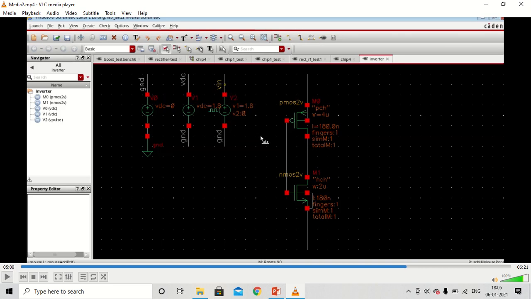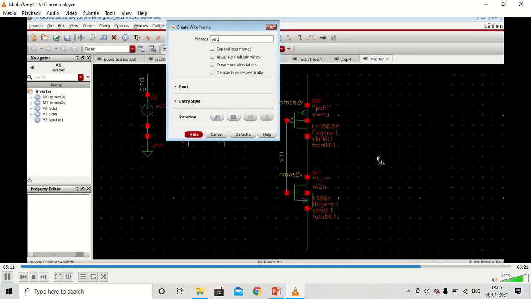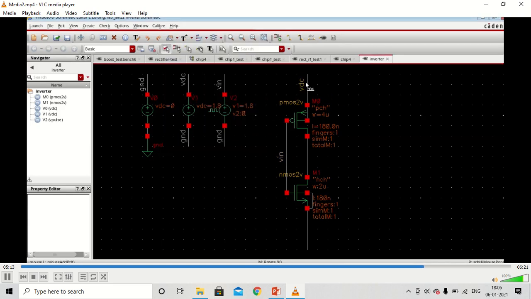Now all we need to do is name the corresponding nodes in the main circuit. The advantage of creating an alias is that you can keep your sources separate and your circuit separate. Whenever you need the V source, VDC, you can just call that VDC name in any part of your circuit. You don't need to connect physically to the VDC source.